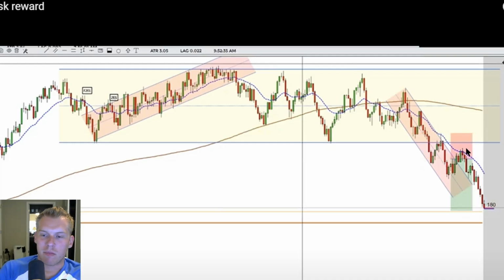I think where he had it, what he's trying to do is avoid these little pullbacks that stop you out. And that does happen. But that little pullback, I think, will happen often enough up here that all he's doing is just increasing his risk. He'll basically be stopped out the same number of times, but he's just losing more on those times. So I would take that slightly lower probability and just get out here.